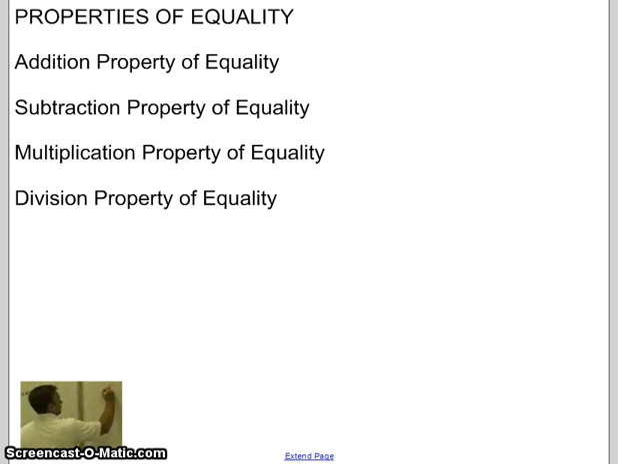Alright, some of the properties of equality. We've been covering this, but we're just going to give it a name. The addition property of equality is when we add to both sides. If we have x minus 3 equals 7, we're going to add 3 to both sides. Adding 3 to both sides is called the addition property of equality. The subtraction property of equality